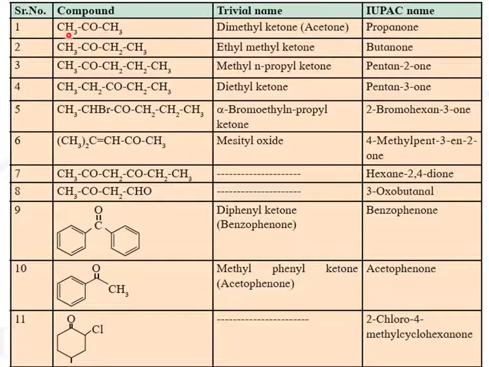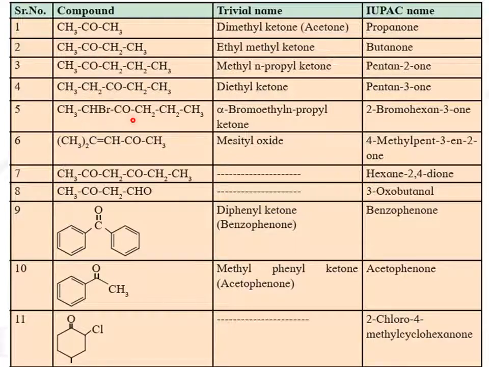The first one is a compound, that is CH3COCH3. For the trivial name, we can write it as follows: first write the name of the alkyl groups. If they are similar, then use the word di. If they are different, then write their names in alphabetical order. So the trivial name of this compound is acetone or dimethyl ketone. For the IUPAC name, we write the name in the format that replaces the E of the alkane by ONE. There are 3 carbons present, hence it is propane, but replace the E of that propane by ONE, so its name is propanone. We can write the names of these two compounds by similar rules.